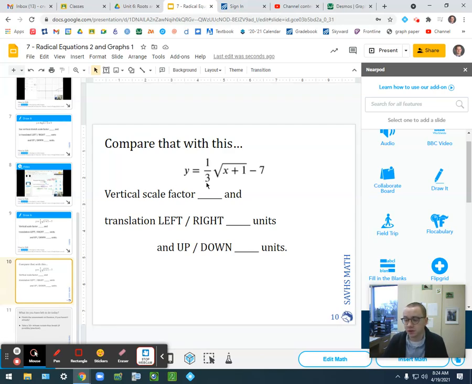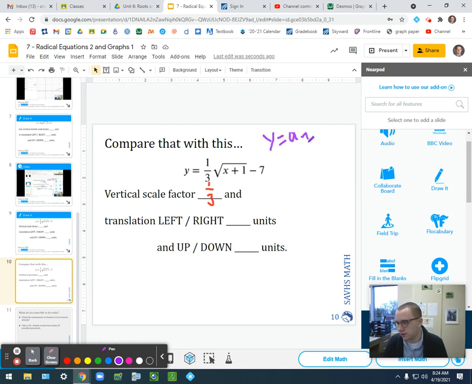Okay, so this one is a little bit different because the A is 1/3. So we'll deal with that in a second. I'm going to write, whoops, I'm not going to write that. Clear. 1/3. And then I have a plus 1. So now I need to think about, okay, well, if I have y equals